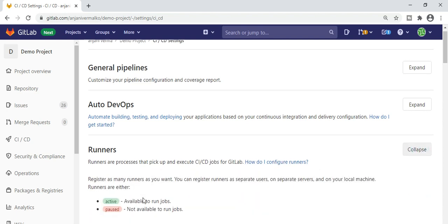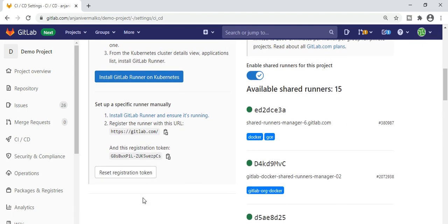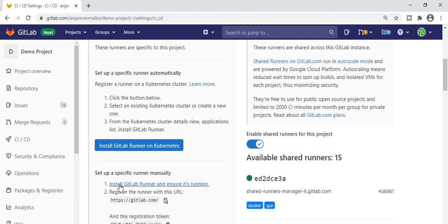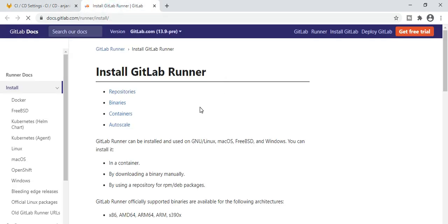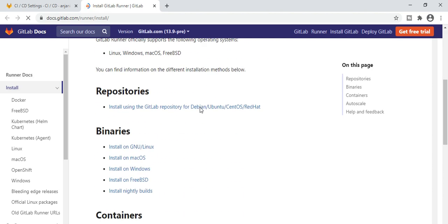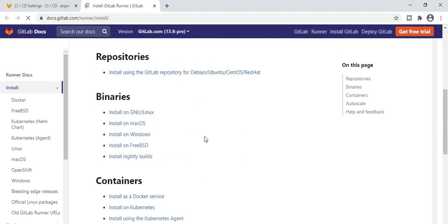How to configure runners? Okay, click expand, scroll down. Let's see some documentation on how to set up the runner. So click here and scroll down a bit so you know what operating system is installed in your system. I have Windows, so you click here, it will download one exe.